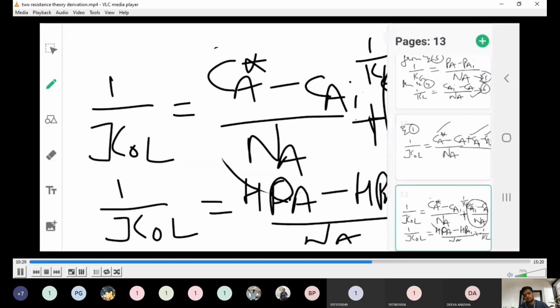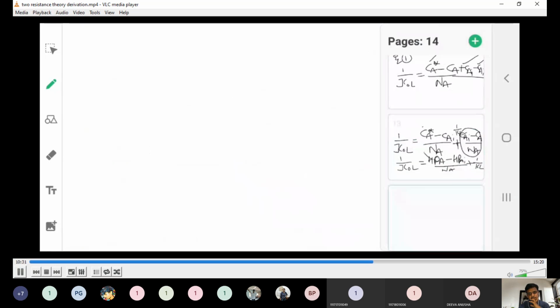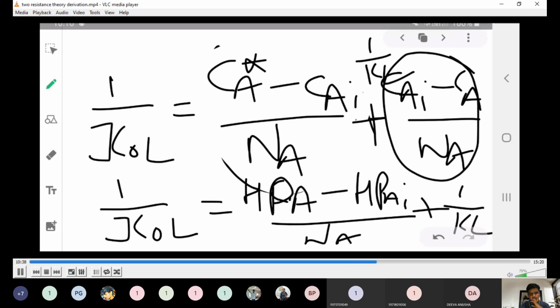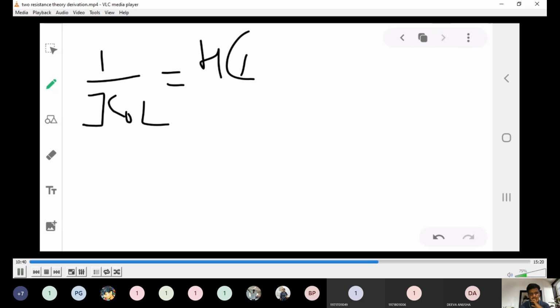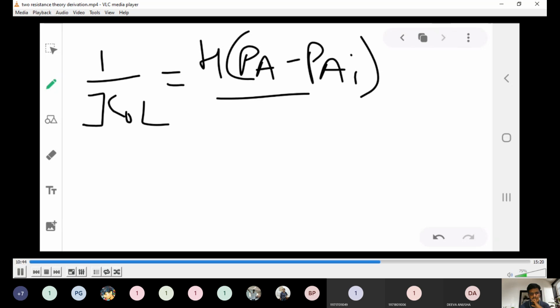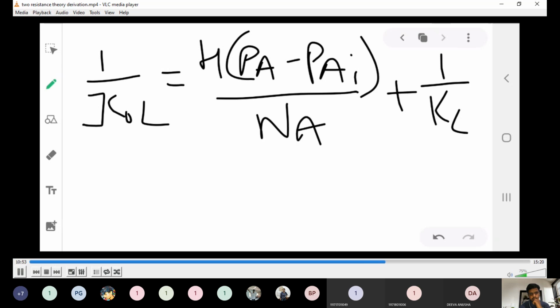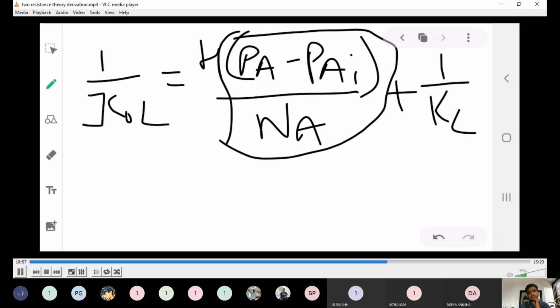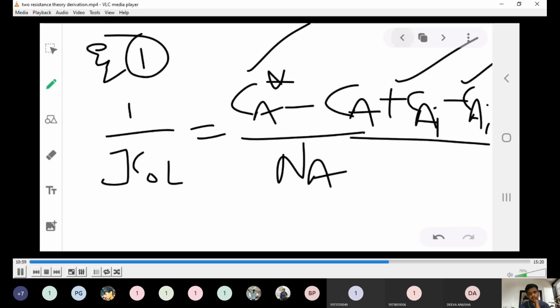So now we can take H common: 1 by KOL is equal to H common, so PA minus PAI by NA, plus 1 by KL. Now this variable, PA minus PAI by NA,